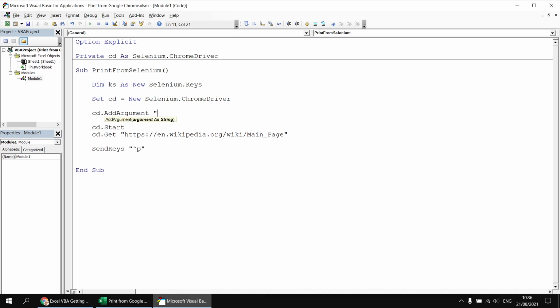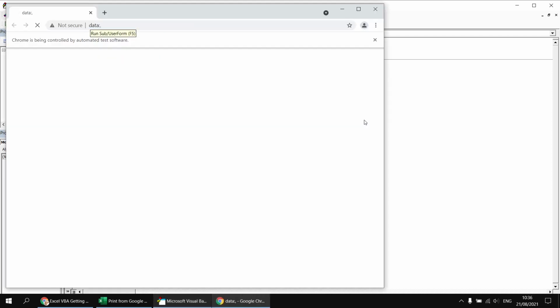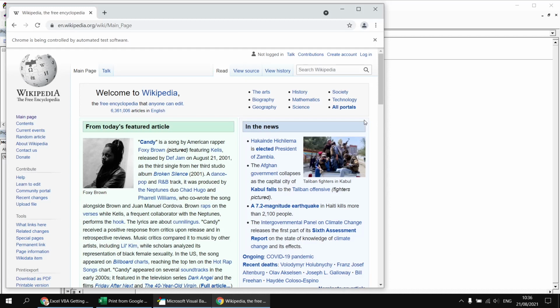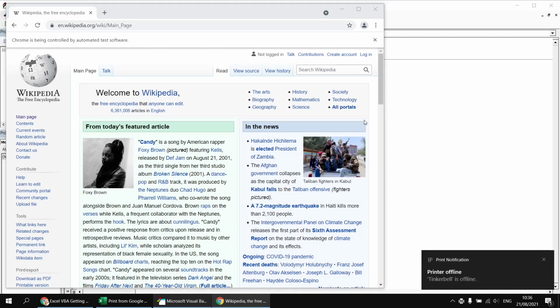cd.addArgument. And then in some double quotes, I'm going to type in double hyphen and then kiosk-printing. So that will basically prevent Chrome from waiting for us to confirm that we want to print something. If I just run the subroutine now, we will see the print dialog box open briefly, but then it immediately sends that to the printer, and